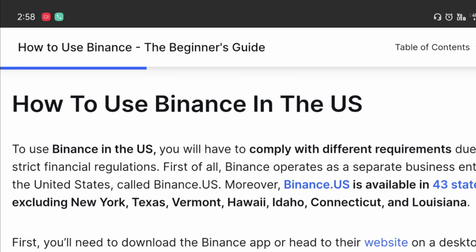How to use Binance in the US. To use Binance in the US, you will have to comply with different requirements due to strict financial regulation. First of all, Binance operates as a separate business in the United States called Binance US. Moreover, Binance.US is available in 43 states, including New York, Texas, Vermont, Hawaii,